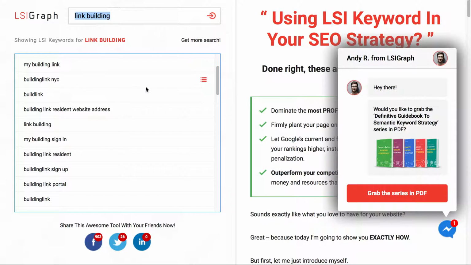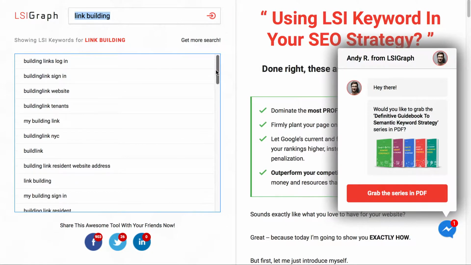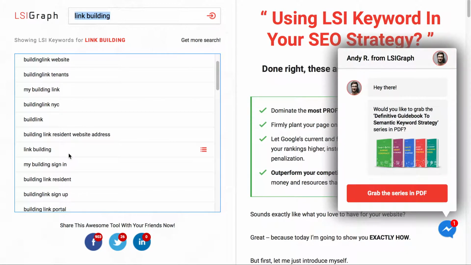You're going to want to mix it up. As you can see here, building link website, building links, building link software, or build link together. You could use build links for SEO, build links for search results,